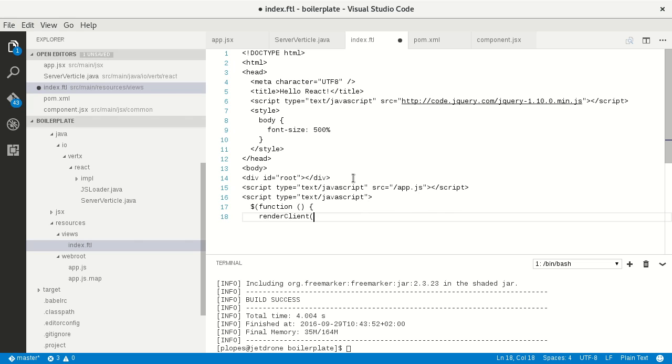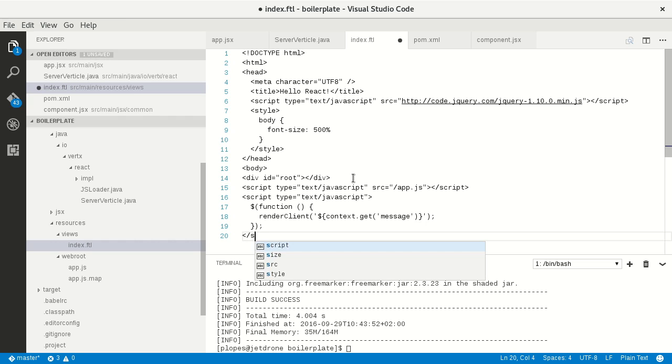So we were already passing variables from our server. So in order to get it working here, what we need to do is get the context variable .get, and we call it message. And we close this one, and this one. So this is done there, so we can close this script too,